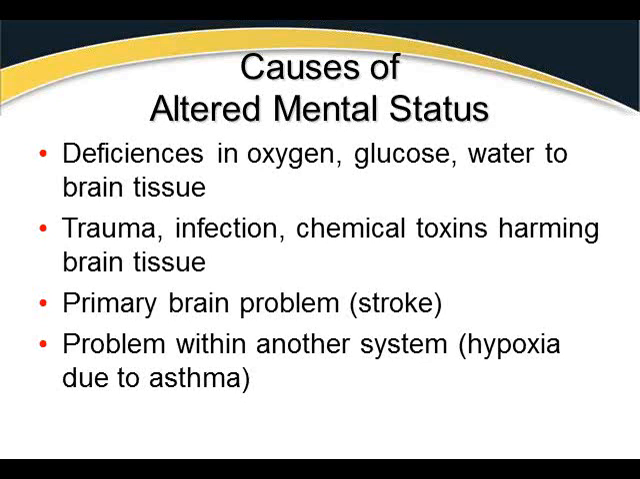Trauma, infection, and chemical toxins can harm the brain tissue. Obviously, if you get struck in the head and break a blood vessel up there, you start to get some bleeding in the brain, and that bleeding puts pressure on the brain, and it makes the brain not function at its full capacity. Infections, of course, you have some sort of an infection, it's going to throw off the balance